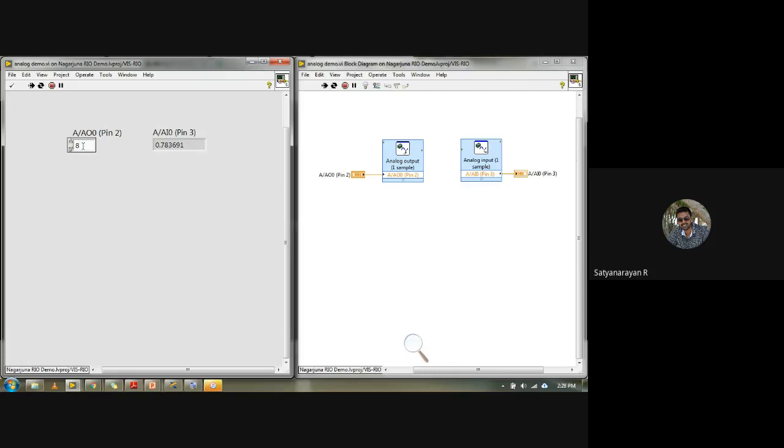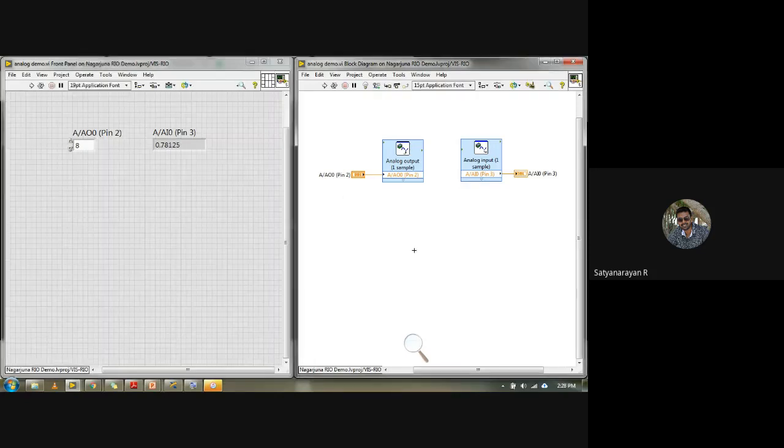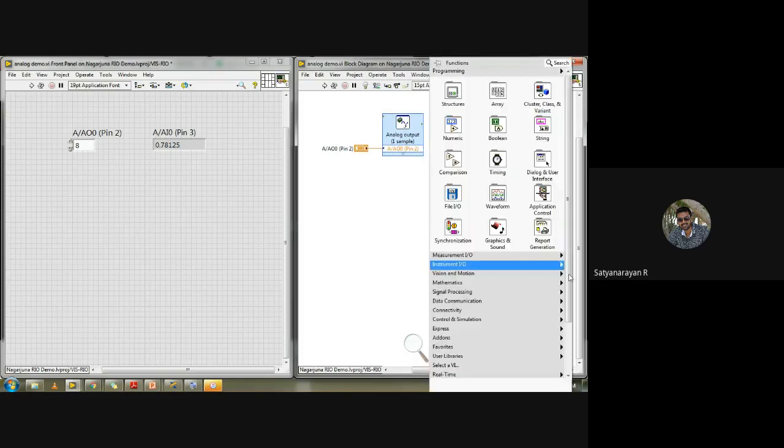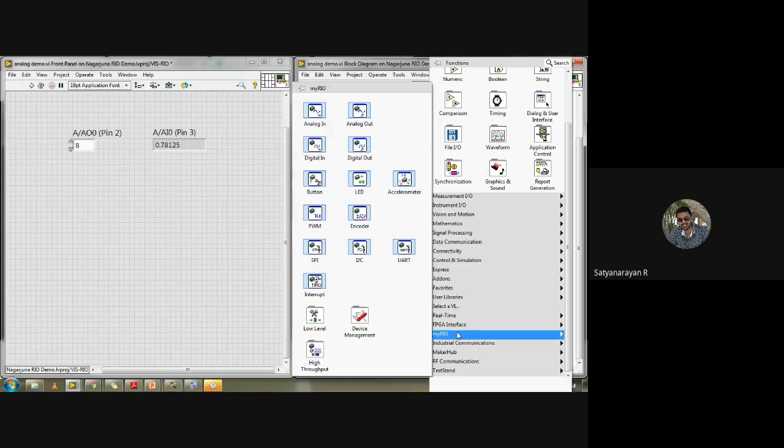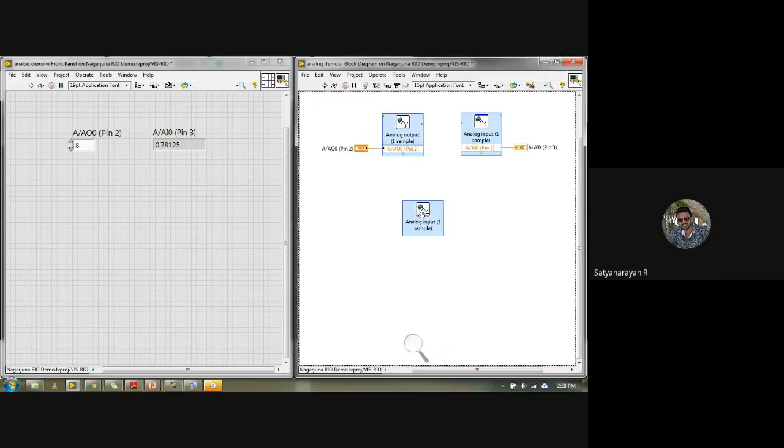But similarly, we can try to check it from port C, like what we did yesterday with the myDAQ. Maybe we'll just see whether you're getting a proper value. For that also the same procedure. Again, right click, go to myRIO, go for analog input.